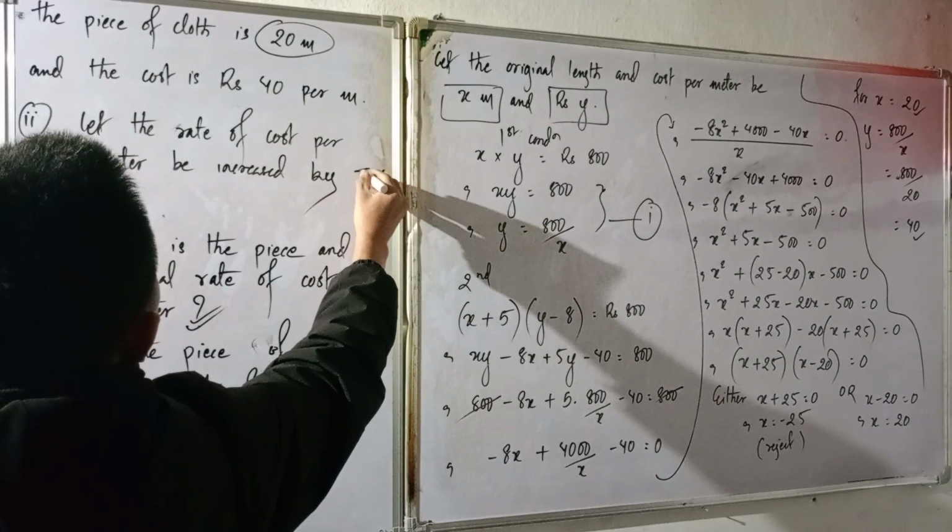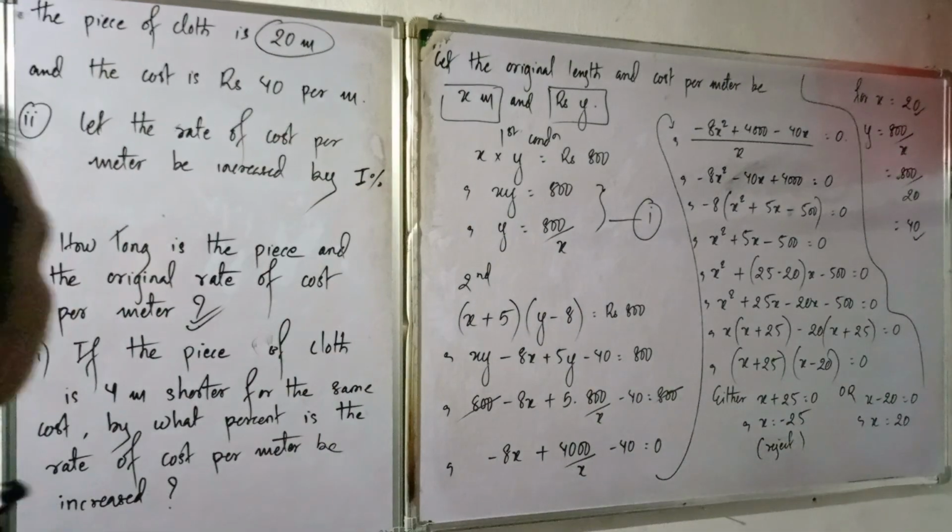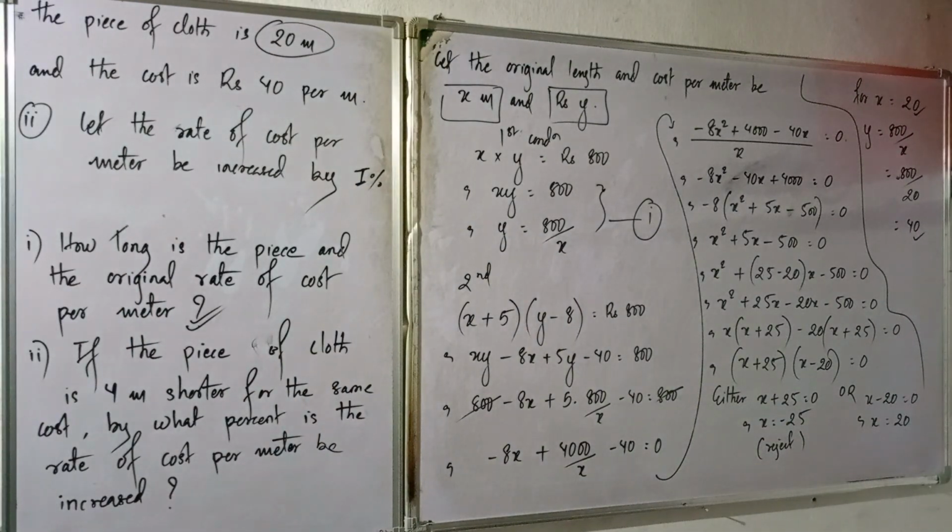Okay, I denote the increase by the letter I, increase by I percent. So let the rate of the cost per meter be increased by I percent on the initial cost. Then what we can write is,